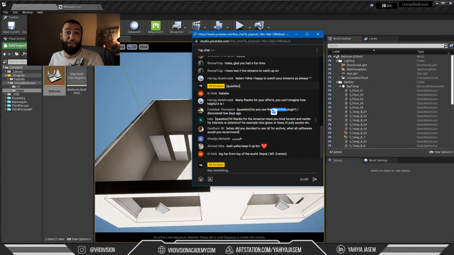So Sketchfab plugin, that should be in the radar. Thank you, Cristobal. I'd love to try it and see how easy it is to export things from Sketchfab to Unreal because Cristobal,